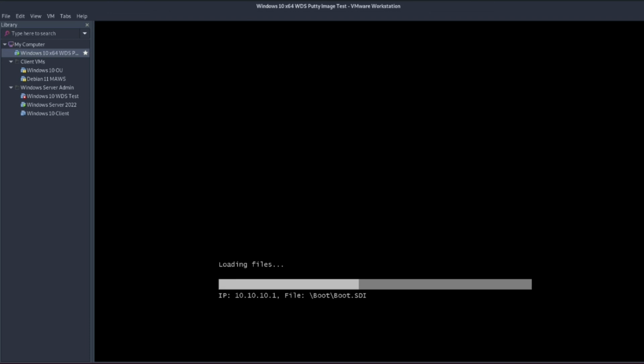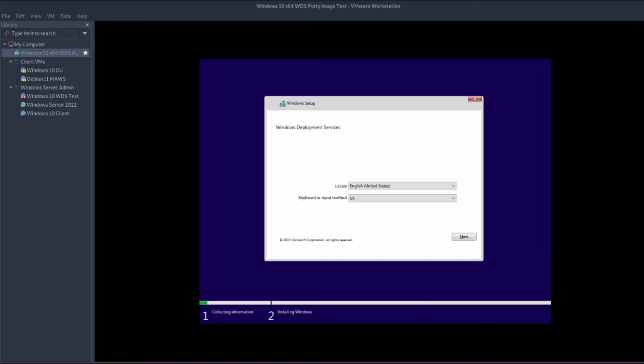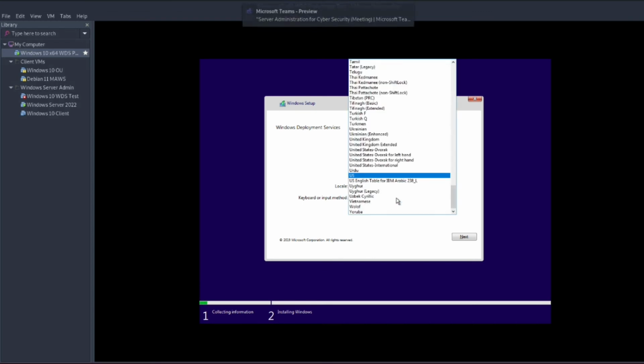And then the deployment server will send Windows pre-execution environment over onto the network, and that'll start up on this empty machine. And Windows pre-execution environment will then allow us to choose an install image. So now that Windows pre-execution environment has loaded onto our new blank machine, we're just going to set the keyboard input language